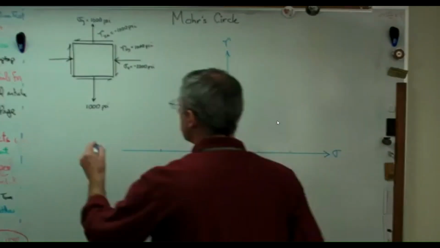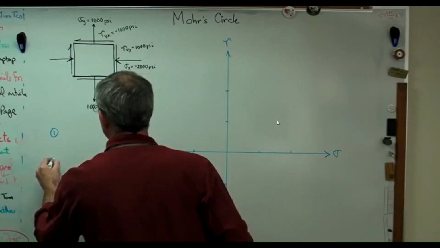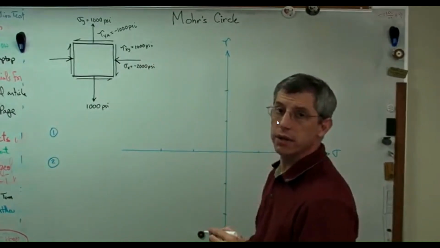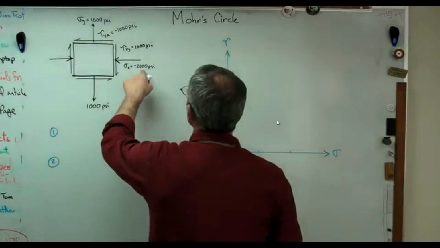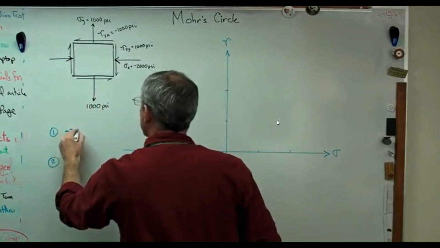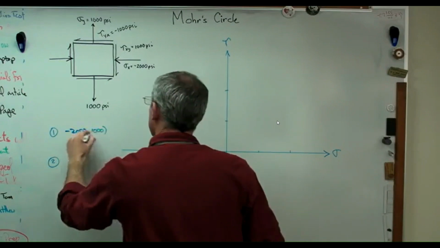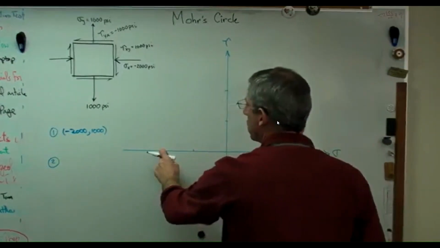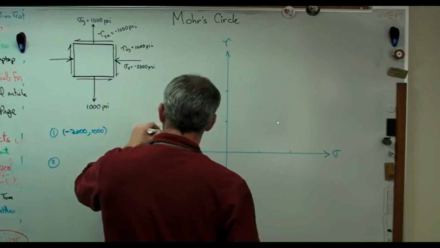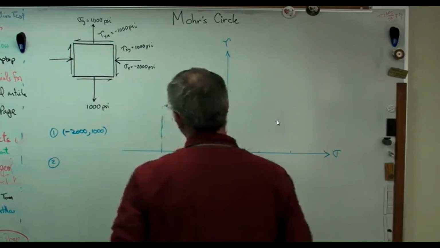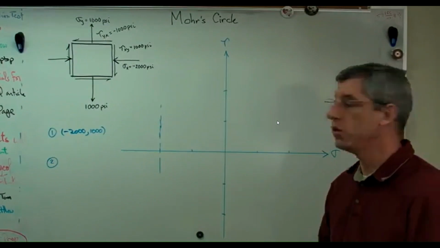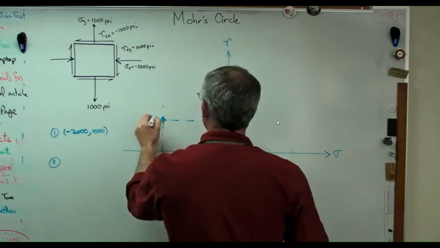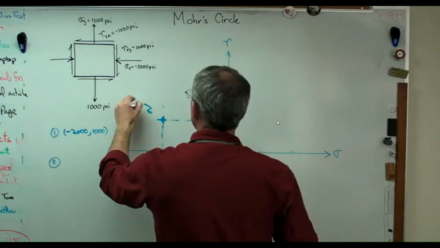So let's start by doing this. We're going to plot 2 points on our coordinate axes here, our stress axes. The first one is what happens on the x face of the stress element. We're going to pick minus 2,000 and 1,000 as our points. Okay, and that's just a location on this plot. So I'm going to go minus 2,000 over. Okay, that line is at sigma equals minus 2,000, and I'll come over here. So there's point number 1. That's the data from the x face